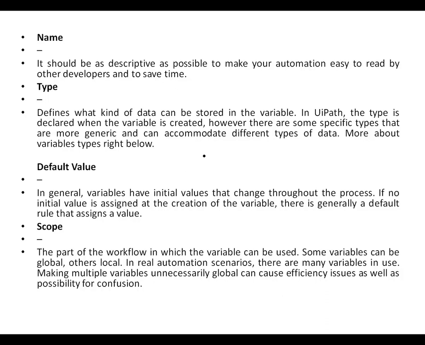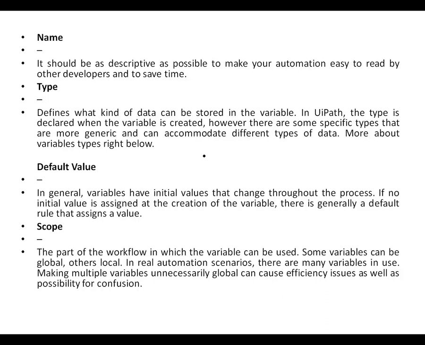If it is a key value pair, then we use dictionary. And list is also there. See, list means we actually have a collection of similar elements, but the difference between list and array is that in an array we cannot feed data dynamically, but in a list we can feed the data dynamically. So this is the main difference between list and array. We will further see different data types as we proceed.